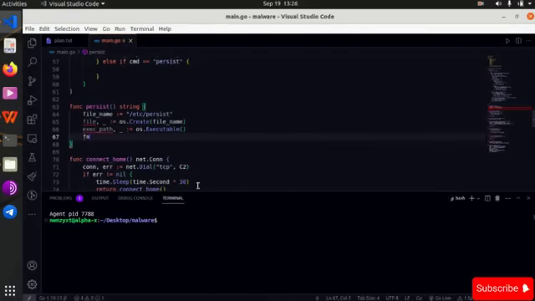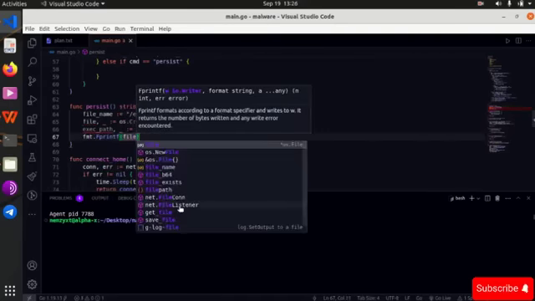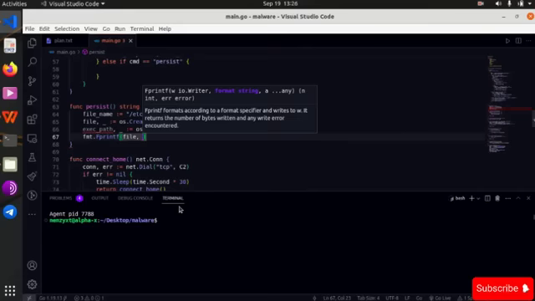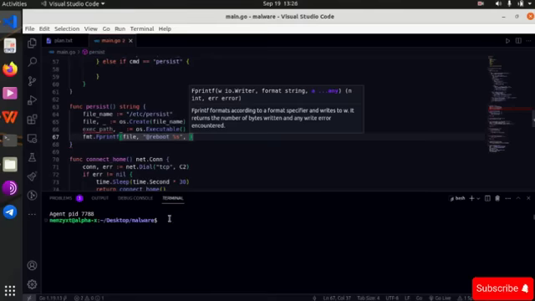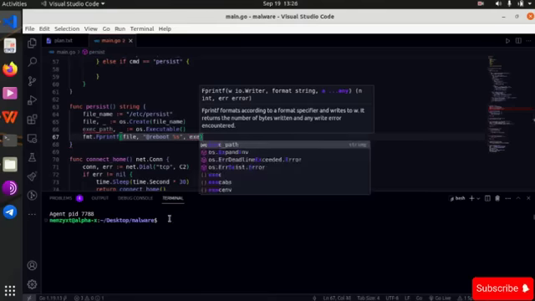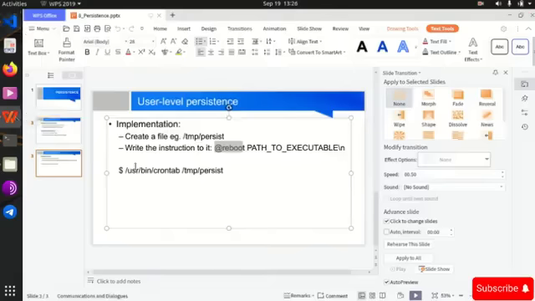So for that, we are going to use the Fprintf function of the fmt package, which allows us to write formatted strings to a file. So the first argument will be file. The second one will be our string, so @reboot, and the format specifier for a string, which will be substituted by exec_path. Now, once we have done that, the final thing that we are going to do is to execute this command,